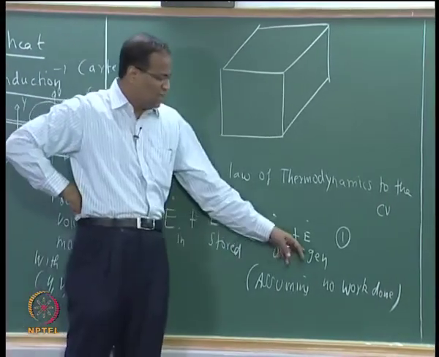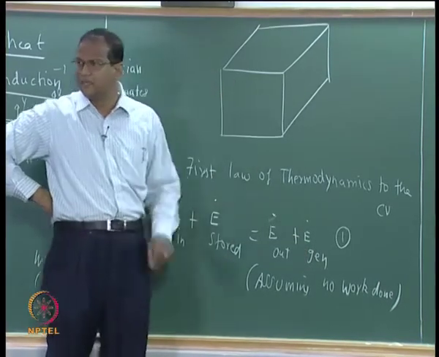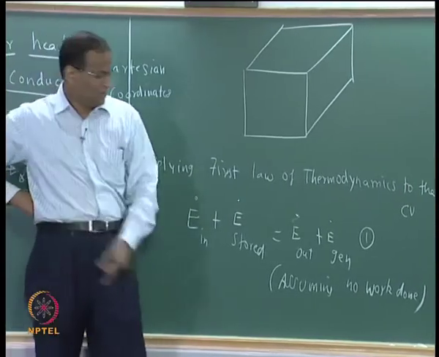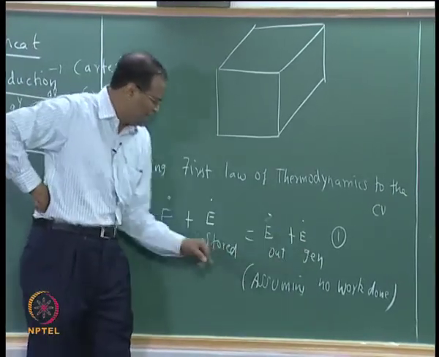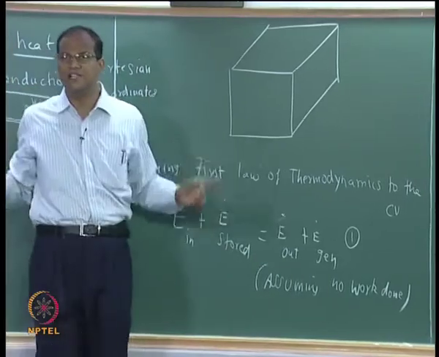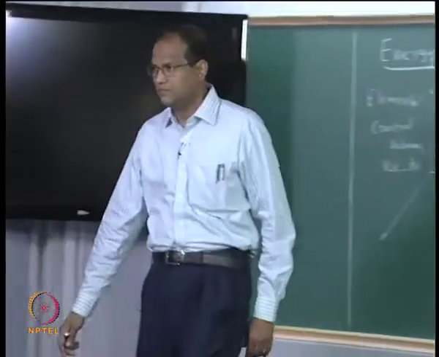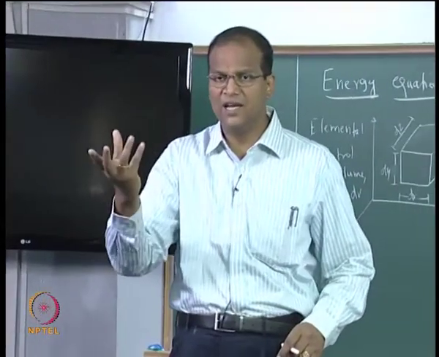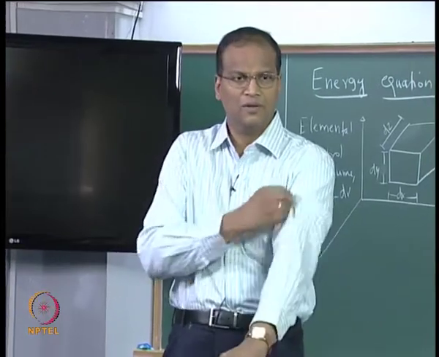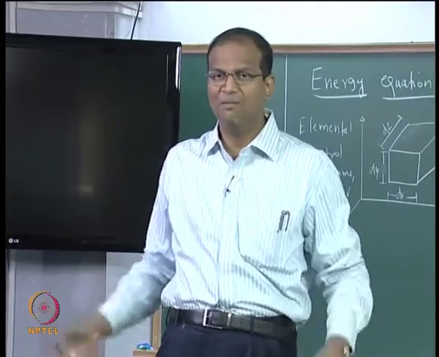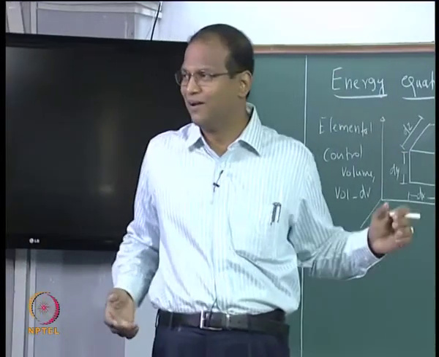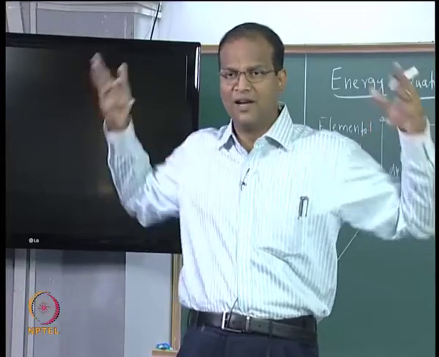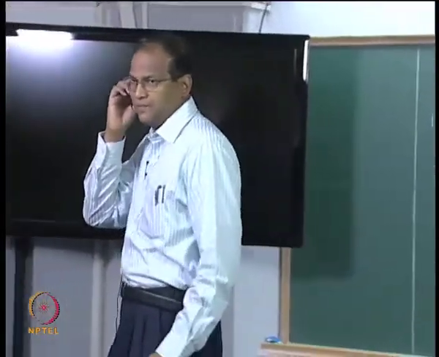Over and above all this, if there is a chemical reaction or nuclear reaction taking place in the control volume, that will also contribute to the increase in temperature. That is why E dot generated and E dot stored will appear on opposite sides of the equation, okay. Are you getting the point? If it is continuously generating heat like the Fukushima reactor, and you are not able to dissipate the heat, what will happen? E dot stored will increase. E dot stored means enthalpy or energy will keep on increasing, temperature will increase, okay.